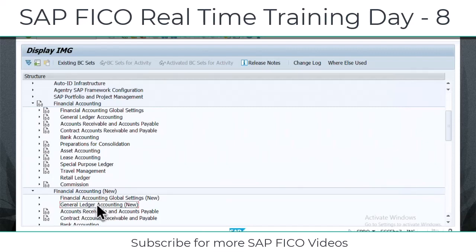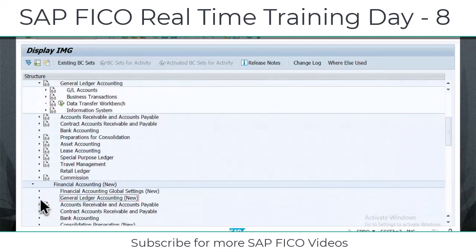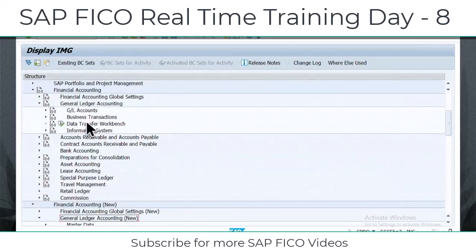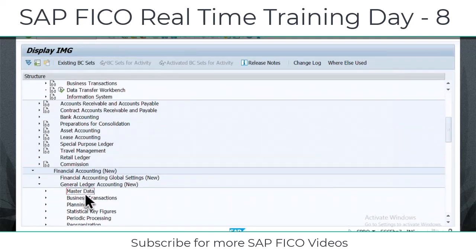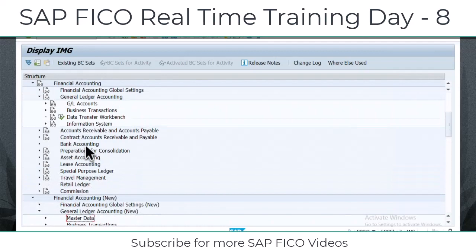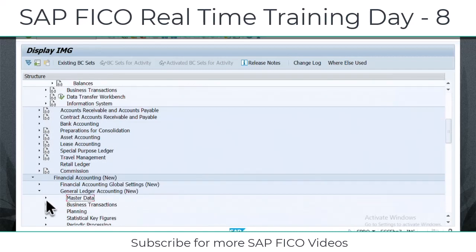That's it. For example, where do you want to go? Define chart of accounts. See, this is the classic, old one. This is the new one. New one in the sense that we activated new general ledger accounting. This is general ledger accounting, and here also general ledger accounting. But here if you observe, it says GL accounts, while here it says master data. Why is it like this? The path is changed. Wherever the path is changed, it is mentioned as new. Example: in this case, GL account, then master data. But here, if I go to master data,